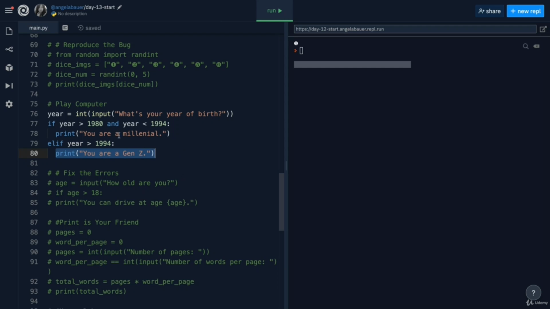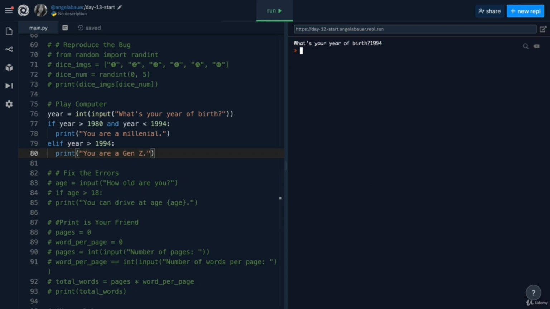So depending on which country you're from, there's different classifications for your particular generation. This is just the typical words that you hear on the internet. You're a millennial, you're a Gen Z, you're a baby boomer, and this comes from a lot of the history of the US. But nonetheless, I want you to run the code and I want you to see what happens